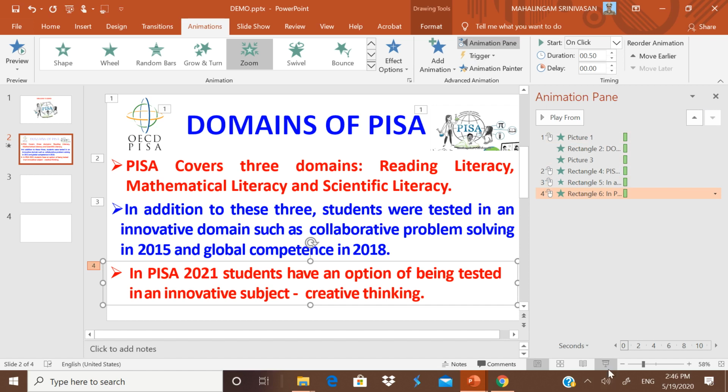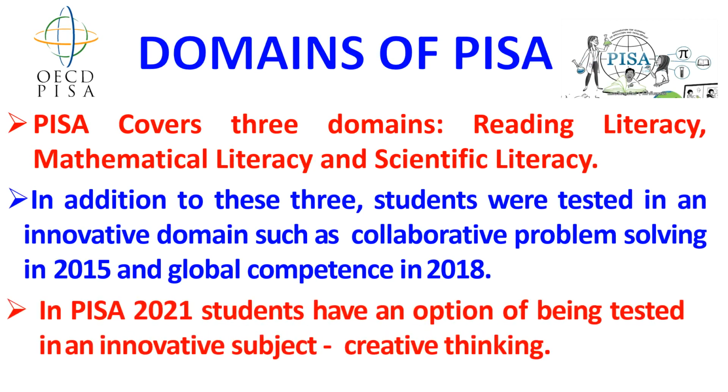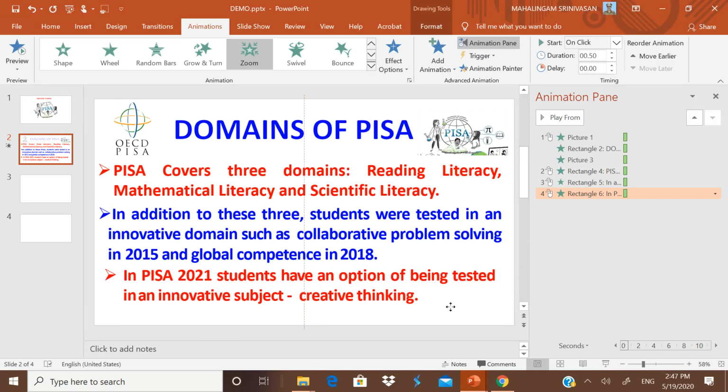If you want to see how this animation happened for this particular slide, here you are having a slideshow. You click it and you can press the space bar or enter or any arrow to get the text moving one after the other. Press escape to come back. Now I told you how to give animations.